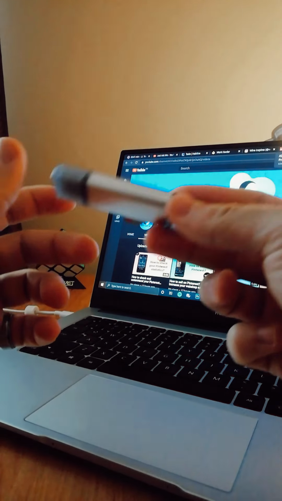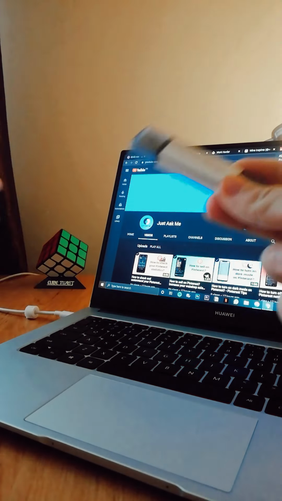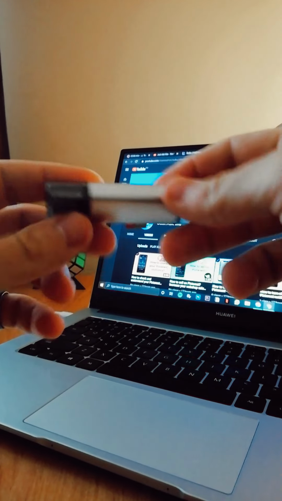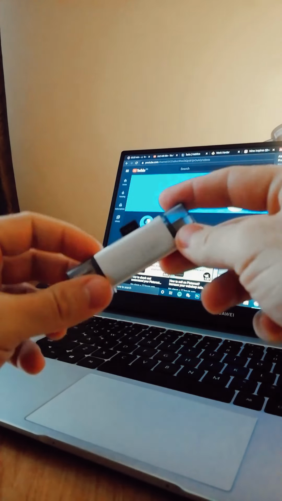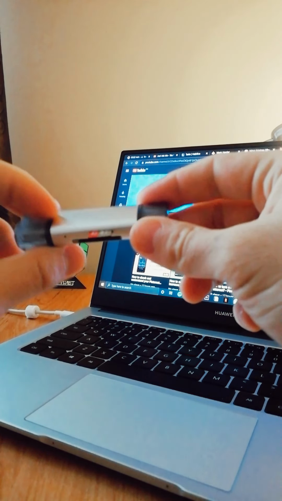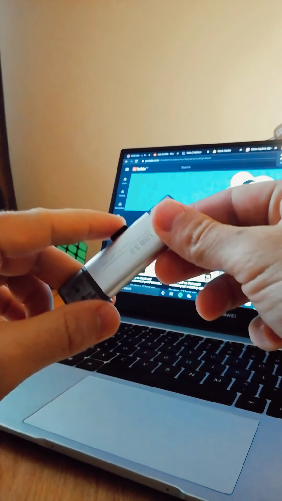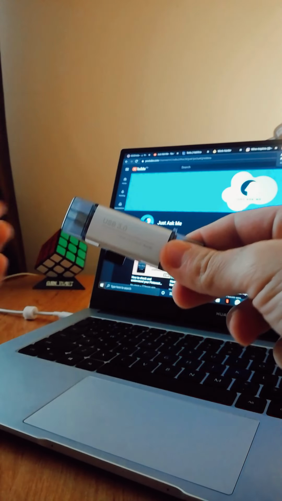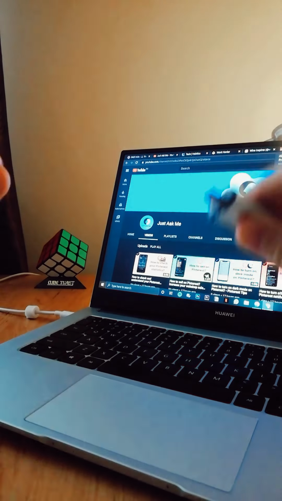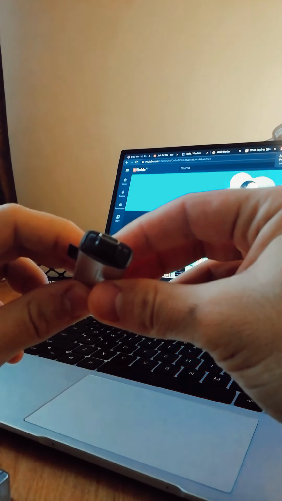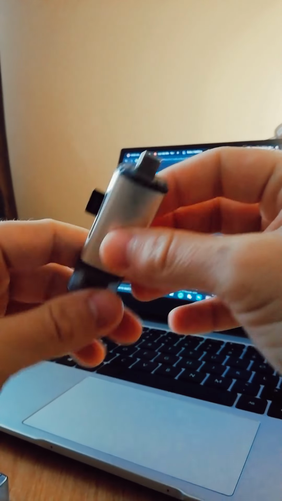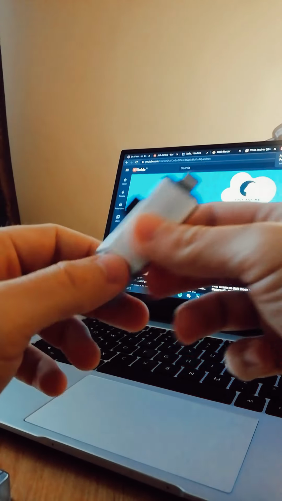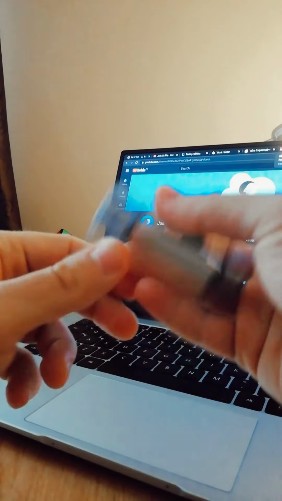Hello guys, in this video I will show you how to transfer any data or photos or any information from your phone to a USB driver. This one right here is also a card reader, but you can use any USB driver which has the required ports. So this one has a USB-C port which we will use here, but you can use any ports for your phone. It also has a